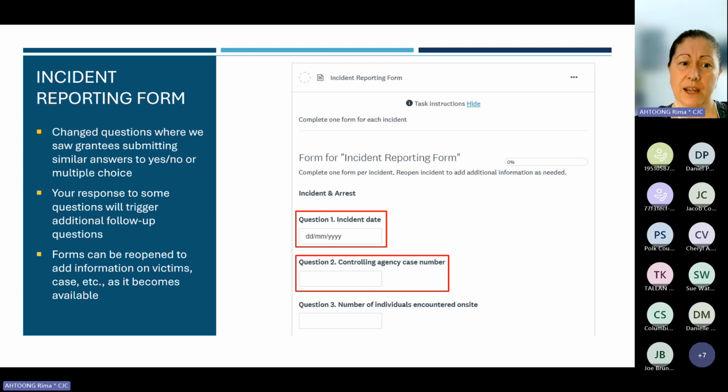For these following pages or slides that we're going to go through, places where a response is required are indicated in red, and that means that to save the form and move forward, you would have to answer that question. In this page, the required questions are question 1, incident date, and question 2, controlling agency case number. Again, those are things that should be entered for every incident and should look real familiar to you at this point. We have added question 3, which asks about the number of individuals encountered on site. And this is to help us understand the circumstances of each incident,